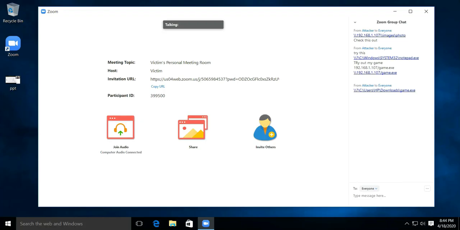So that's how this UNC injection can be used via the Zoom app. You can predict the rest, how the attacker can use these features for his own benefit. Zoom has already fixed this in its latest update, so all the people watching this who still haven't updated, I suggest you do it fast.